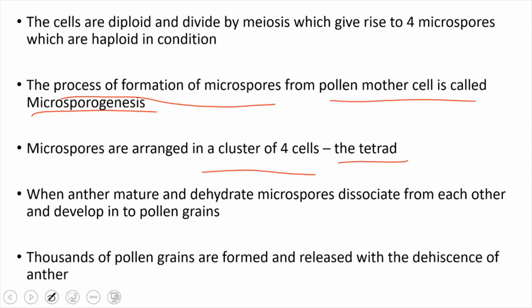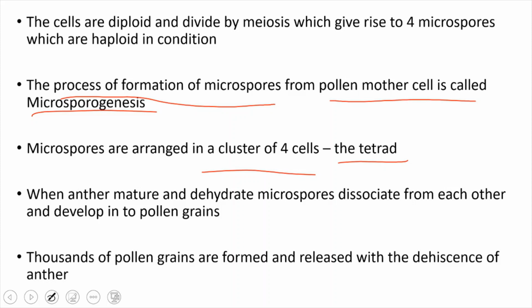When maturity started, the cells of the sporangious tissue started dividing and producing microspores. Every cell produces its 4 daughter microspores and forms a tetrad. All the cells completed the division and formed 4 daughter cells. Now the anther is fully matured and gets dehydrated. Then what will happen? Dehiscence will happen. The anther will split or burst.